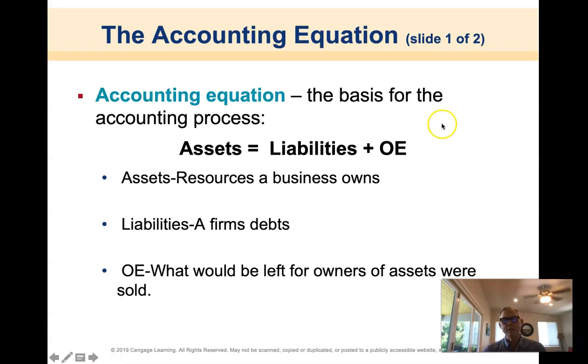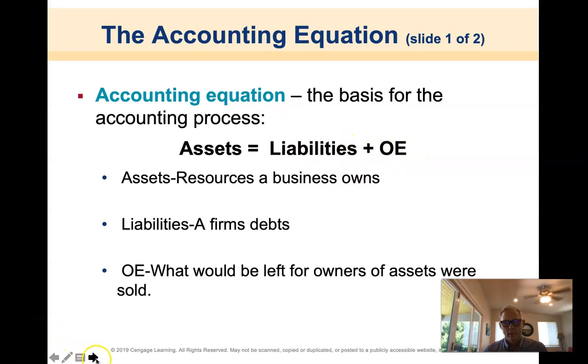Here's the accounting equation. This is for the balance sheet. Assets equal liabilities plus owner's equity. Assets are resources a business owns. Liabilities are their debts, and owner's equity is what would be left for the owners if the assets were sold. So you take all your assets, that should equal all of your liabilities, all your debts, plus all of